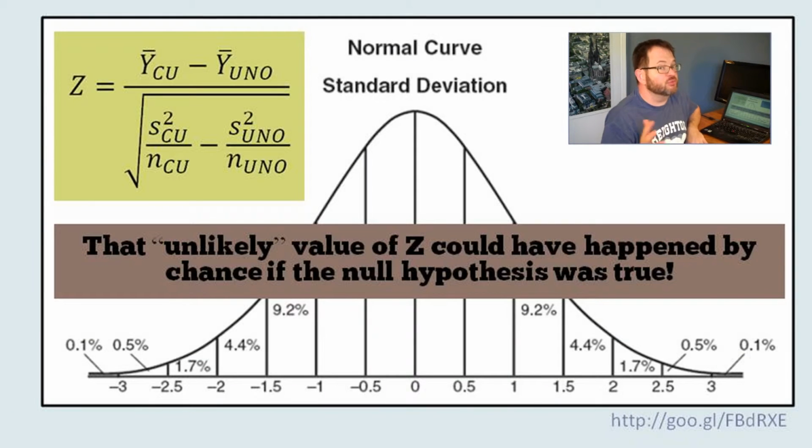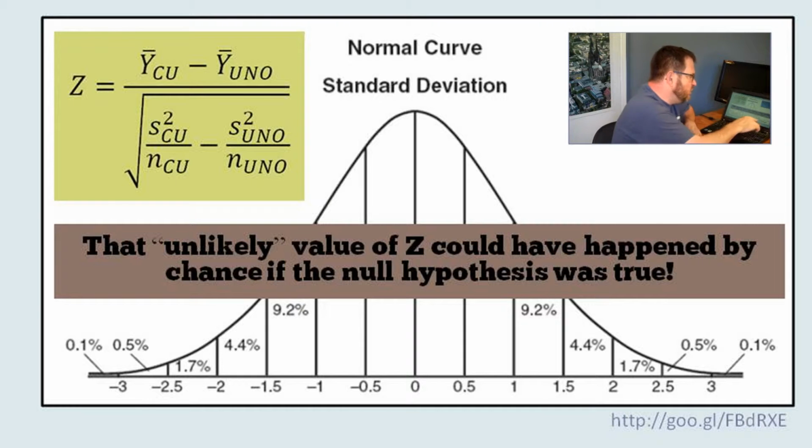But it is not the same thing as proving, like in a high school geometry class when you proved that the sum of the angles in a triangle was 180 degrees or something like that. This is not proof, okay? The word proof in science is a difficult thing to work with here. But it is extremely unlikely that, I mean, the reason why it's not proof is because these things could happen